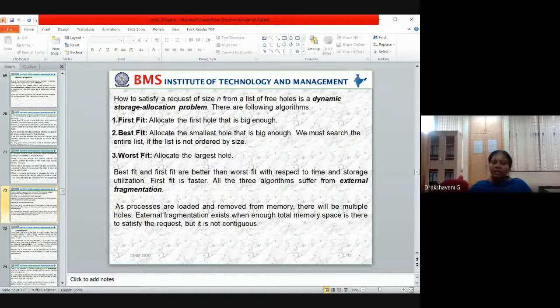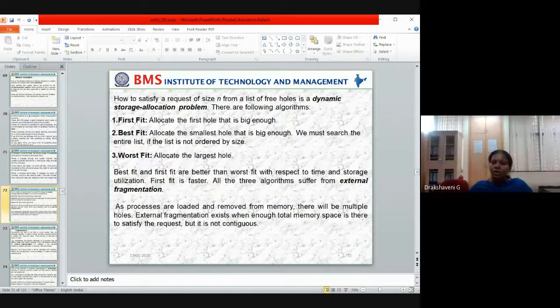Then suppose next day, Akash comes 10 minutes late to the class and all others have already sat. Wherever a free seat is available, he will go and sit there. That is best fit. And worst fit: suppose the class was for 60 people and all 60 have come. Akash came late and there is no space to sit. Then what is the option? I'll make him stand. That is worst fit. So that's first fit, best fit, and worst fit.